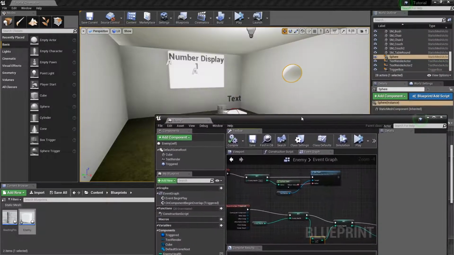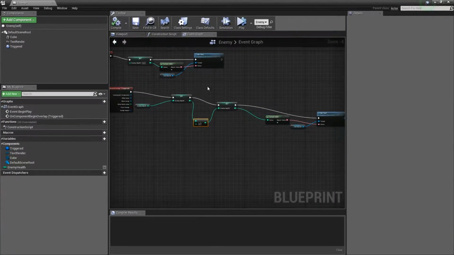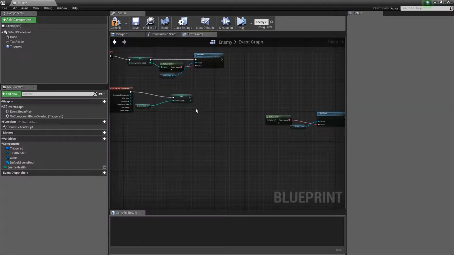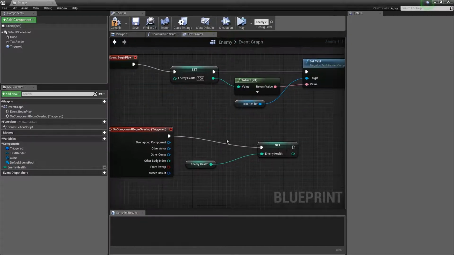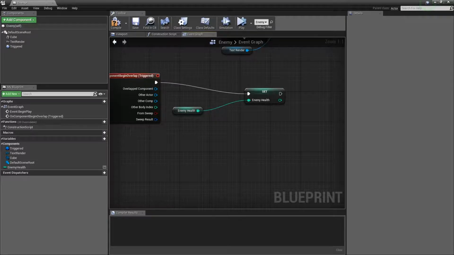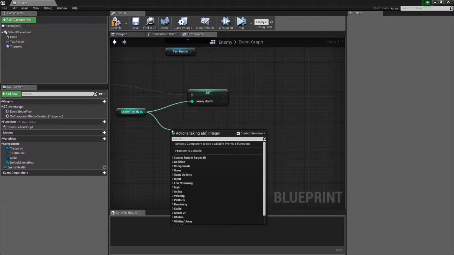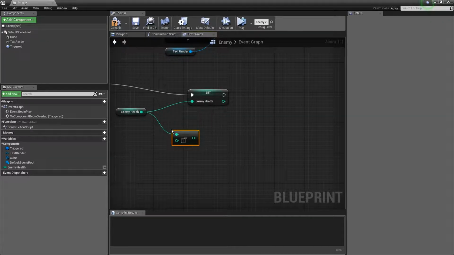So I pressed compile, and I would just play this simulation to check and make sure it worked, and when I touch it, it works. What I did, while you guys were away, I just kind of made this simpler. Instead of getting the enemy's health that's up here from the get-go, and then subtracting it after you do that, I just decided I'm just gonna subtract it right after you get the enemy's health. So I did this, and then this,